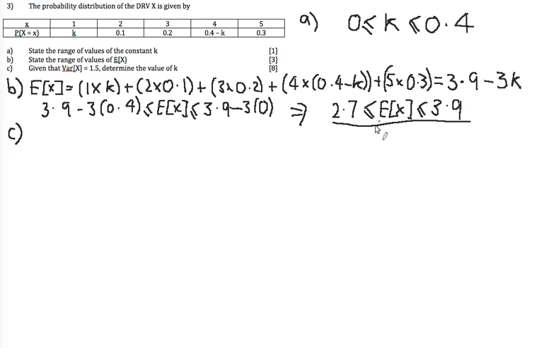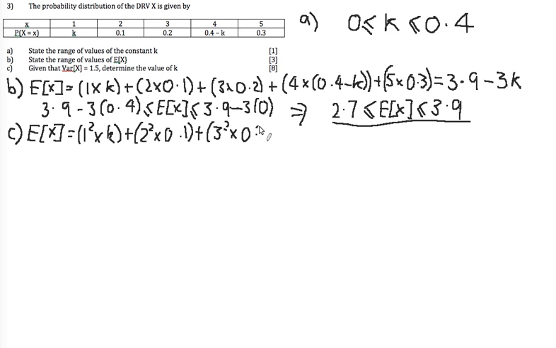What I know is, to find the variance of x, I need to know the expectation of x and the expectation of x squared. I know the expectation of x, so let's find out the expectation of x squared. It's exactly the same as I did before, except I'm going to square all my x values, so 1 squared times k, plus 2 squared times k, times the probability, so 0.1, sorry, 3 squared,